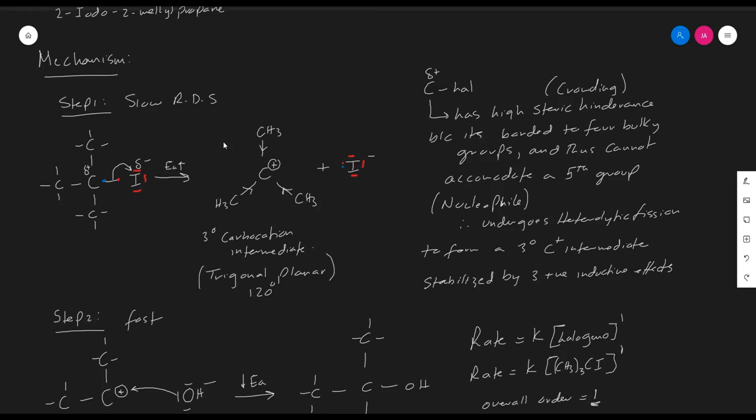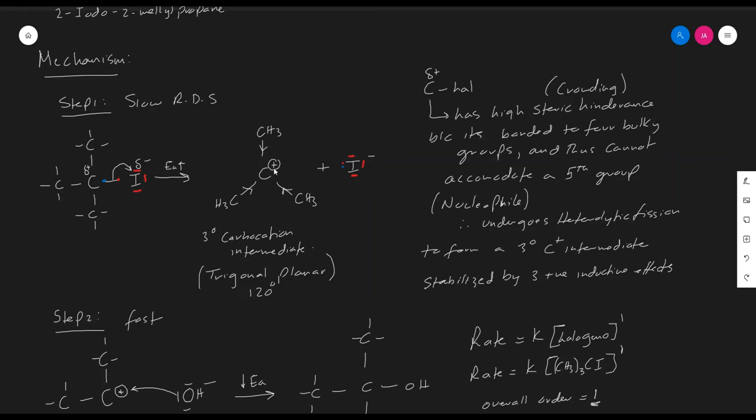One should also note the geometry of this carbocation intermediate, not only because it is usually tested, but to explain why this reaction is a non-stereospecific reaction. This carbon with a positive charge, the central carbon atom with a positive charge, is surrounded by three bonding electron domains, thus forming a trigonal planar geometry with 120-degree angles. And thus the structure is now a planar structure in which the carbon with the positive charge is exposed from the top part of the plane and the bottom part of the plane,